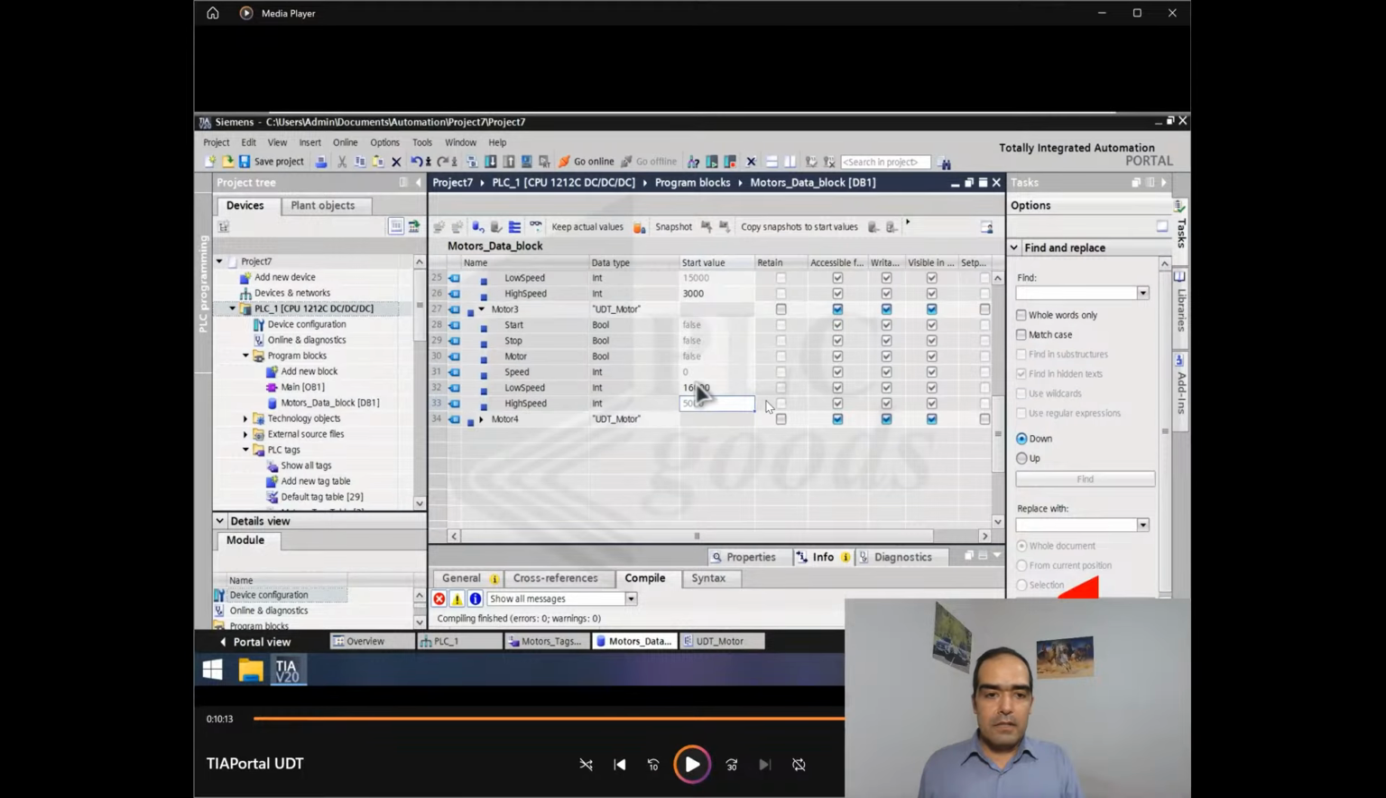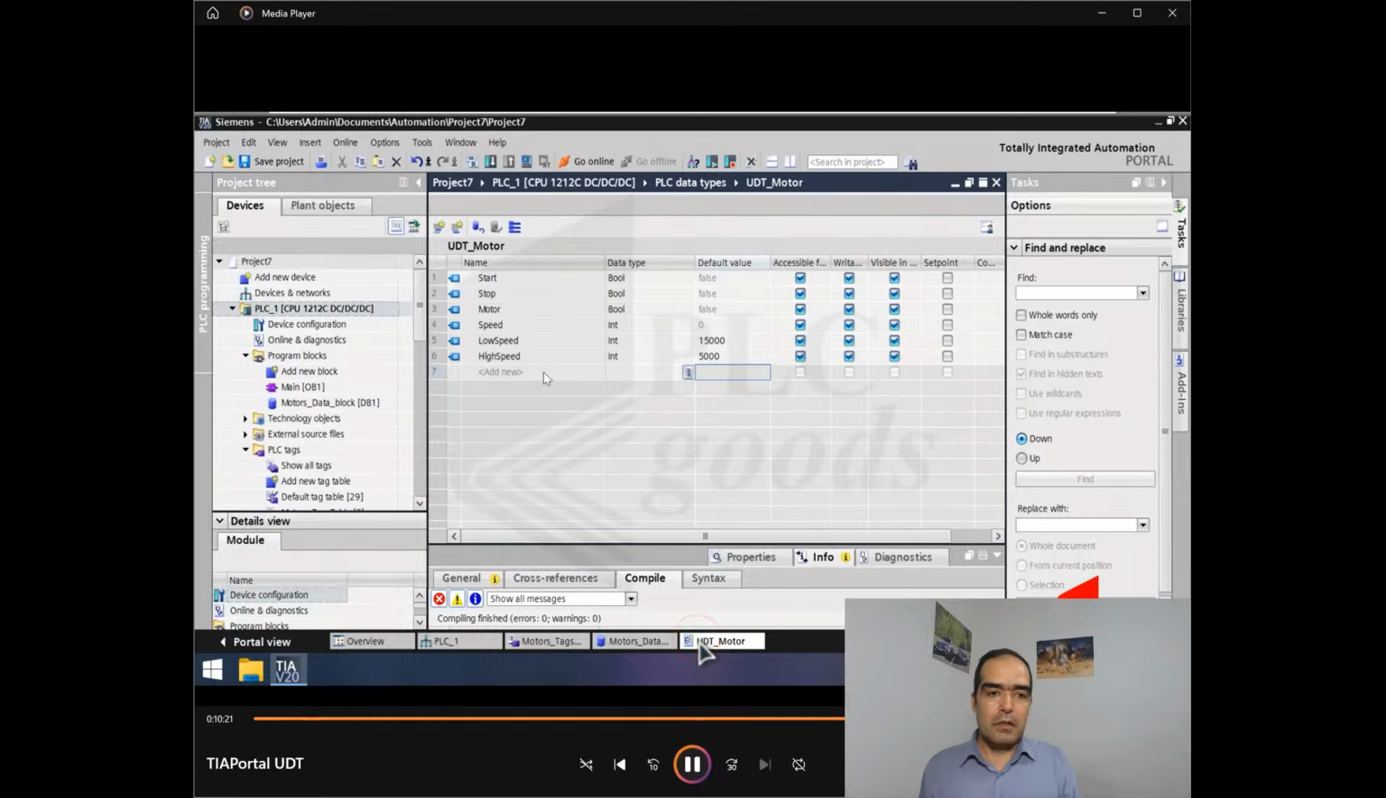Let's continue the video. Now I'm going to modify the initial value for some values. And now I change its default value inside UDT, UDT motor inside here. Note that when you change default value inside your data type and then update your project,